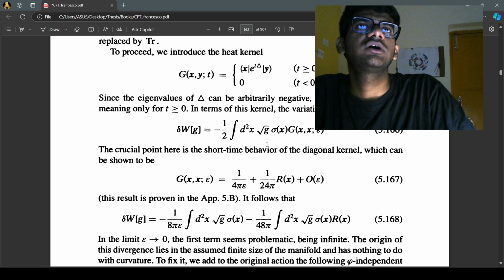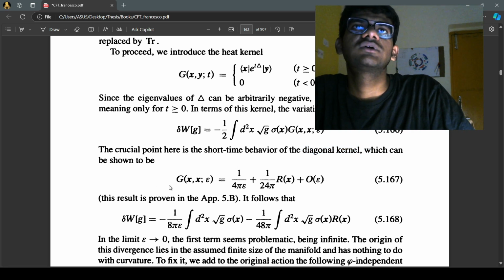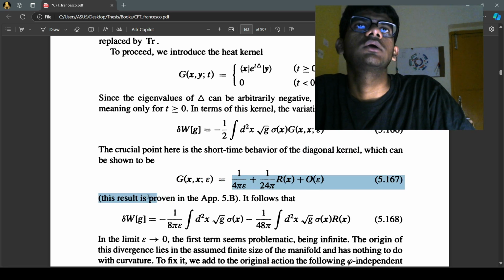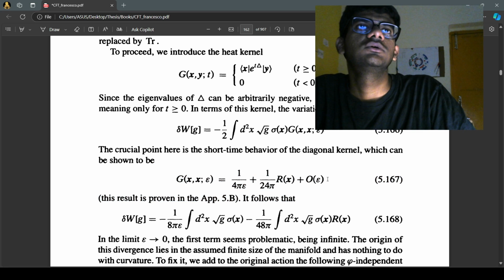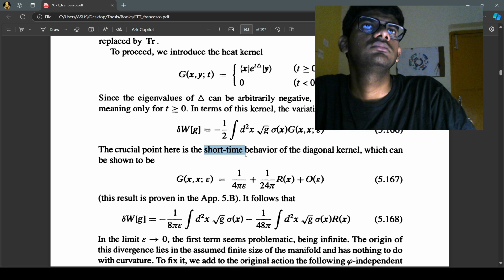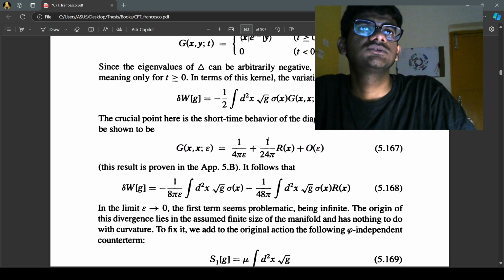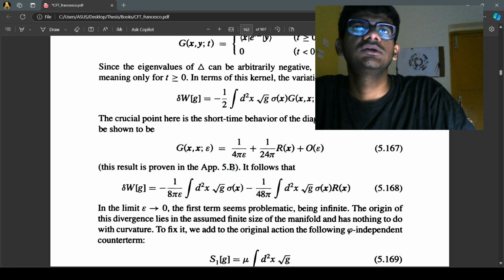The crucial point is the short time behavior of the diagonal kernel, which can be shown to be... oh my god, this is the most crucial thing. The short time behavior of the heat kernel has a term of epsilon plus R(x) over 4 pi. Okay, now that's going to be our tedious calculation. This result is given in appendix 5B. It follows that the